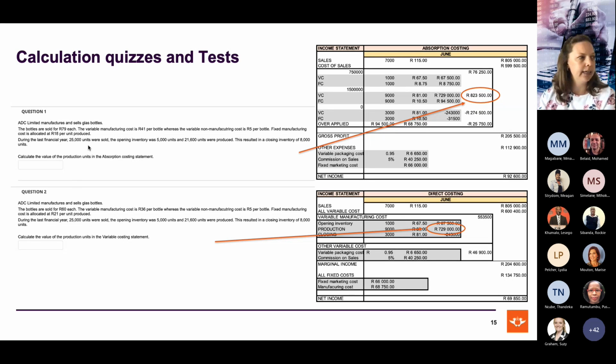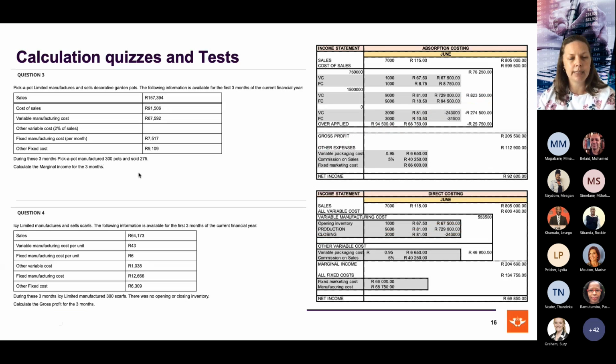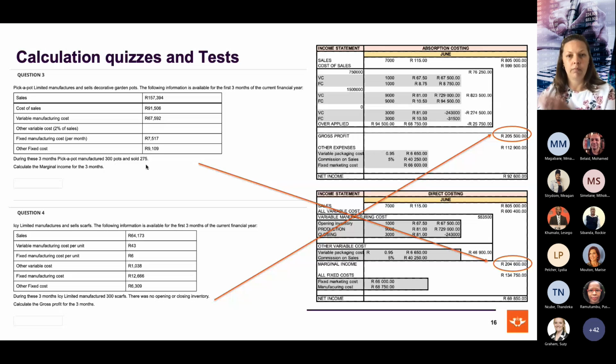You will also see here that we've given them the information in a paragraph format. In my next example, we've put it in a table. And again, there's more information here than what students need for the calculation. So where they had to calculate the marginal income, they need to know where that fits in the bigger